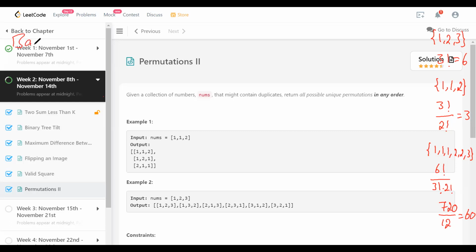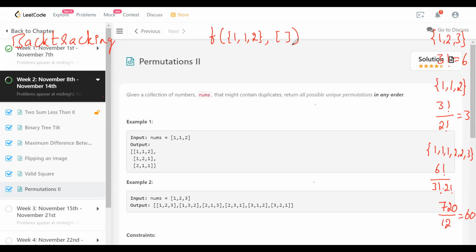So let's see how to generate these permutations. A better method for this one is backtracking. So let's use backtracking as a strategy to find all permutations. There are other ways of doing it, but I think for this one, backtracking is appropriate. I'm going to use this backtracking function called f, which is going to take all possibilities here. So this is the collection to start with. We have 1, 1, 2, and we need to build a permutation. The permutation is obviously going to be empty right now, and then we are going to build it over time.